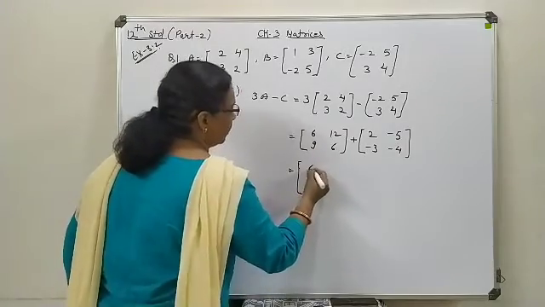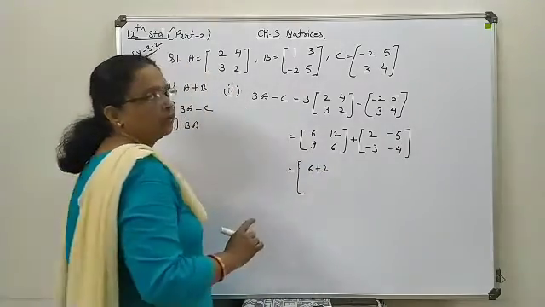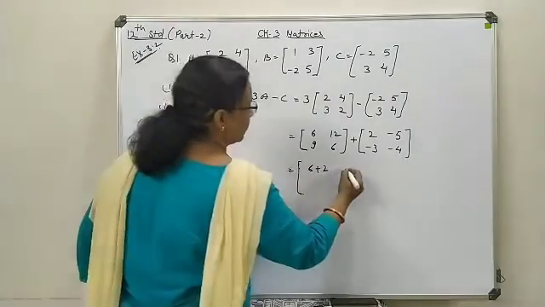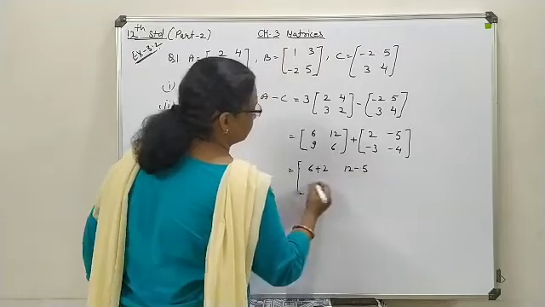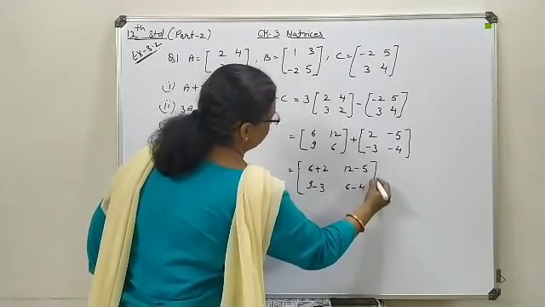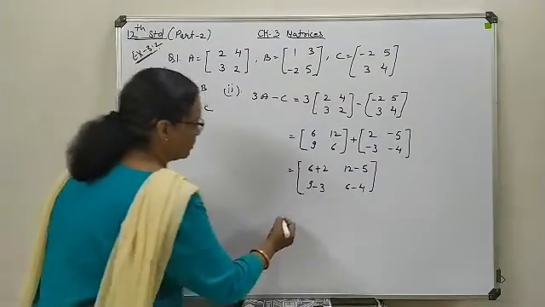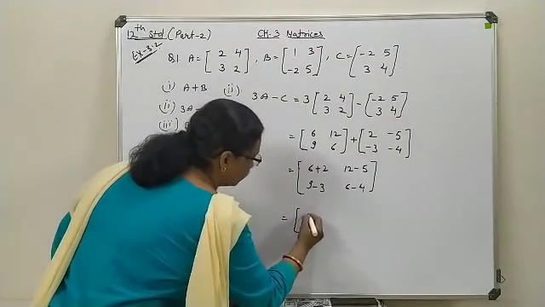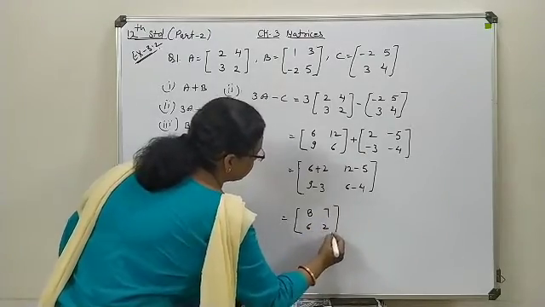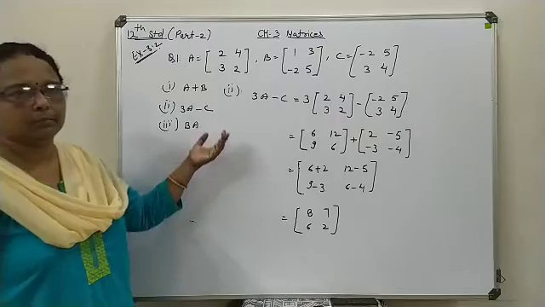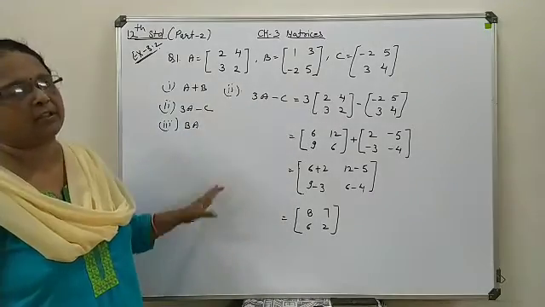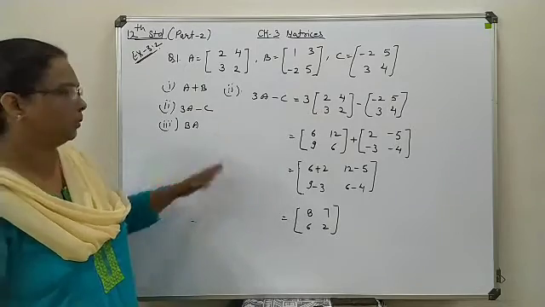The same method will be implemented if you are dealing with a 3 by 3 order, 3 by 2 order, or 2 by 3 order. 12 minus 5, 9 minus 3, 6 minus 4. Go for addition and subtraction as per the requirement. So this will be your 8, 7, 6 and 2. So this way you can perform subtraction also and multiply with a scalar quantity. It doesn't matter whether it is a fraction or a natural number.